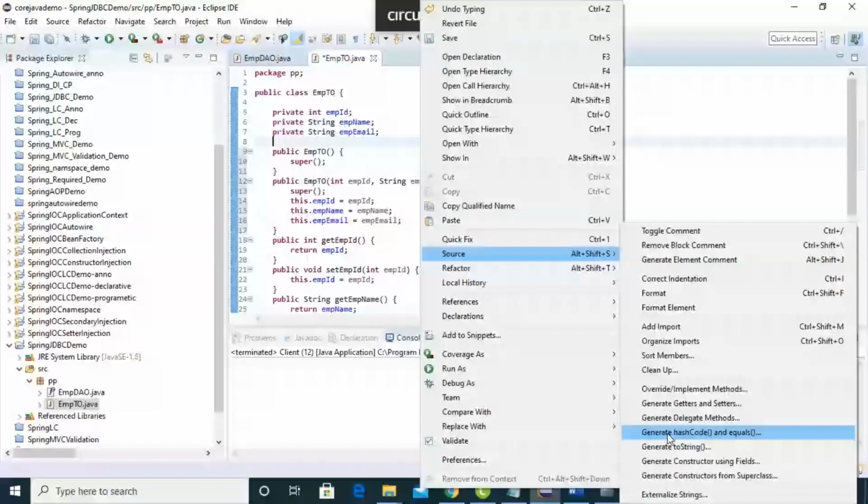Right click, class, the class name as EMPDAOIMPL.java. This is the implementation class, so it should implement all the methods that are in the interface. In that case, you can write public class EMPDAOIMPL